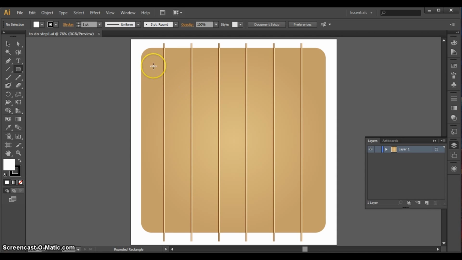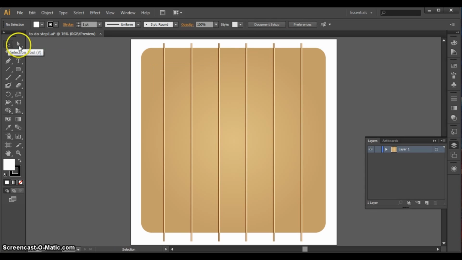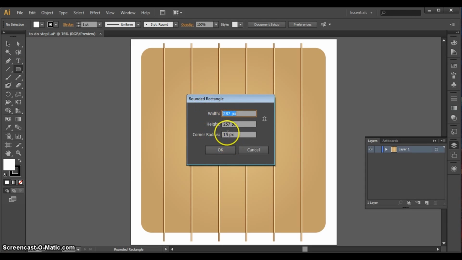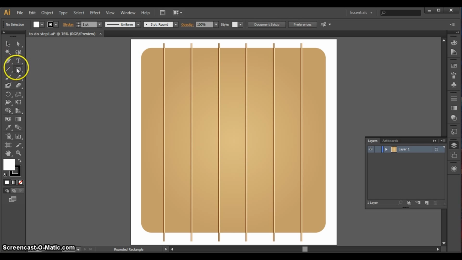And one thing about the rounded rectangle tool is that the corners may not be exactly the size you want, and one way you can adjust that is using the tool. You can click anywhere, and then you can actually put in what kind of corner radius you want to have. And you might have to play around with this a little bit to get what you want. I'm going to try 40 and see how that looks. And that looks about right. So now if I delete that shape, those settings have saved,